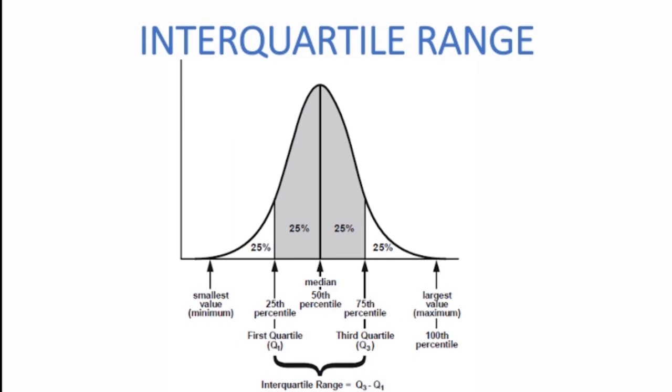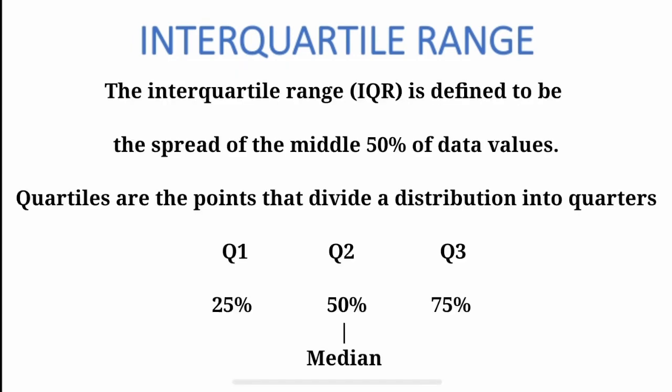So let's start with the definition. IQR can be used as a measure of how spread out the data values are. Statistics assume that your values are clustered around some central values. The IQR tells how spread out the middle values are. It can also be used to tell when some of the other values are too far from the central value. On the other hand, you can say that the interquartile range is also defined as the spread of the middle 50% of data values.